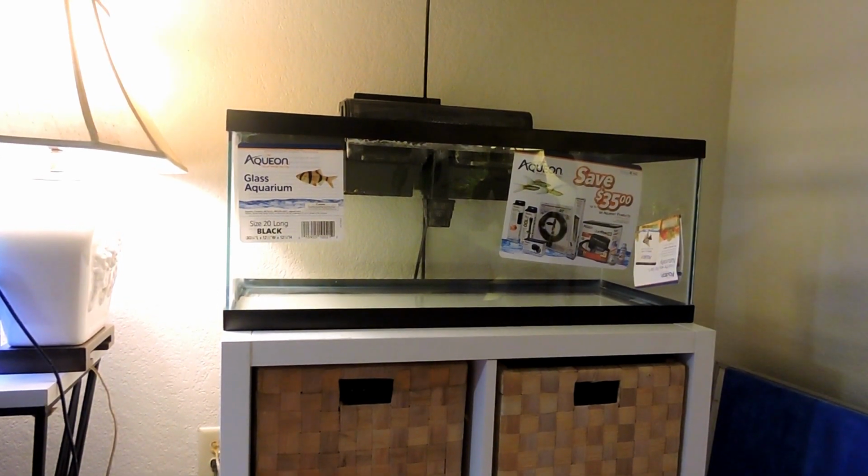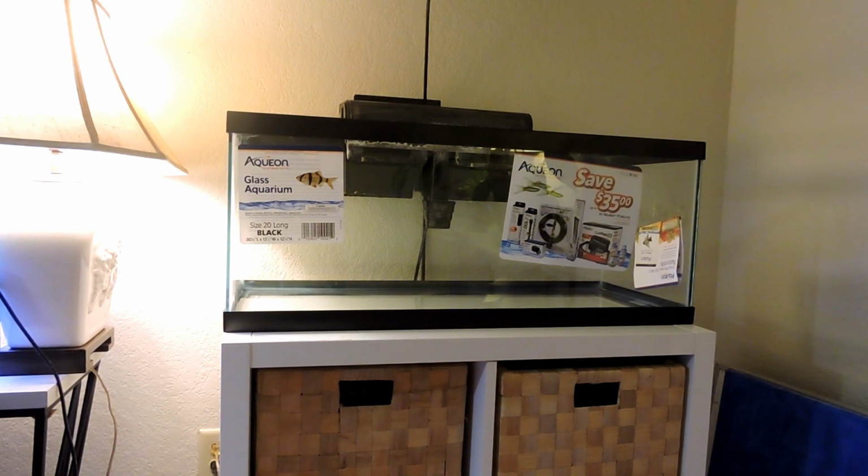As those of you who have seen the previous video were able to get a little glimpse of this new tank that I am setting up. It is an Aqualon 20 long aquarium. I did take advantage of a $1 per gallon sale at Petco. Like I said in the previous video, I'm not sure if this tank is going to be a permanent tank